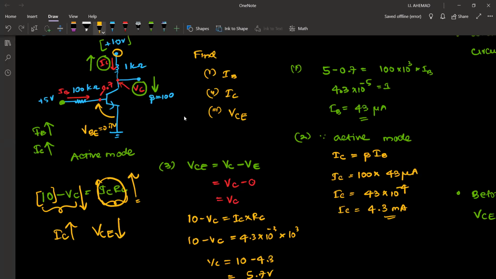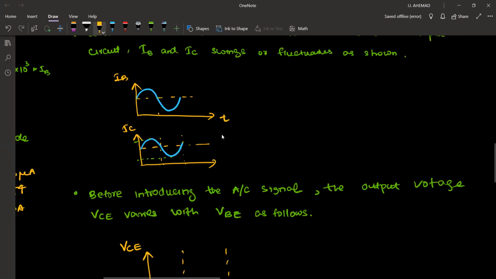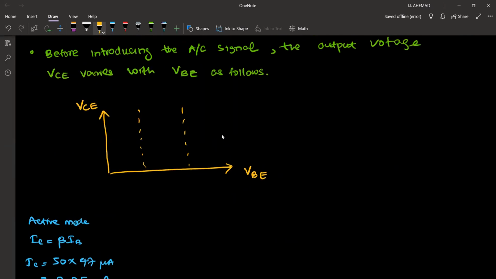Okay. So if we plot the VCE versus VBE, when VBE is in the cut-off region, then there is no change in VCE because IC won't change. If IC is equal to 0, VC will be a constant value, okay? So it remains the same. But when IC starts to increase,